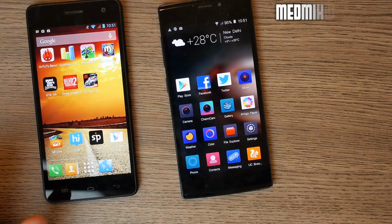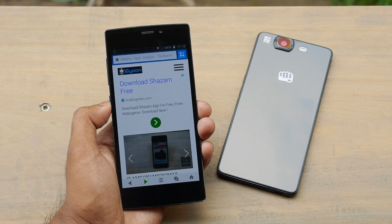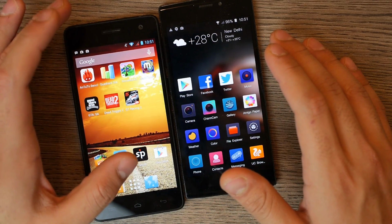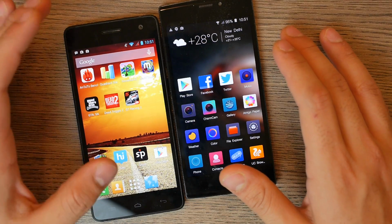So it's not the turbo chipset, and it seems to be a lot more stable. It does not heat up the device at all, and this is a pre-production model, so it's doing really well. What we have for the Canvas Night is a final retail version. So the retail version has heating up issues, and if your device heats up a lot, the company is offering